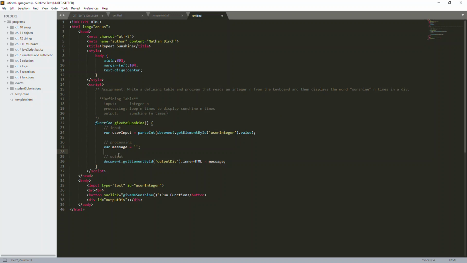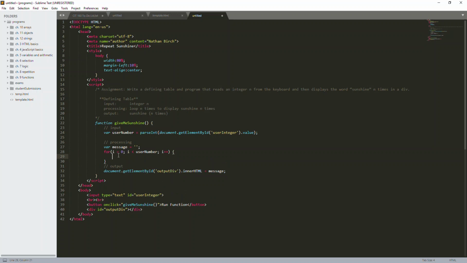So what I'm going to do right here is say for i equals 0, i is less than user input. And we can actually do a better name than that. I could say user number. Okay, so while i is less than user number, i plus plus. Starting it off at 0, and doing i until it's less than will give me basically this number. And so in here, I can say